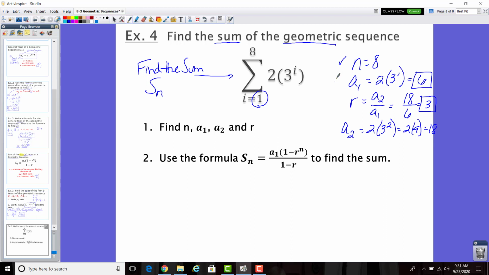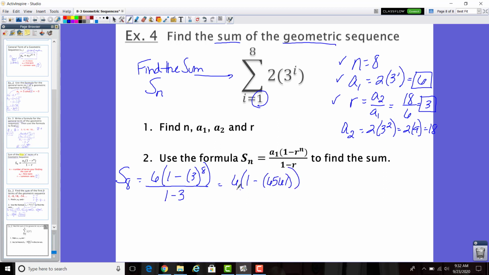Now I have my 3 values that I need to go into my formula, so I plug it in, follow the order of operations. So I'm finding the sum of the first 8 terms of this sequence. My first term is 6. Multiply that by 1 minus 3 to the 8th power, and all of that will divide by 1 minus 3. So again, one step at a time. 6 is going to multiply by 1 minus the value of 3 to the 8th. 3 to the 8th power is